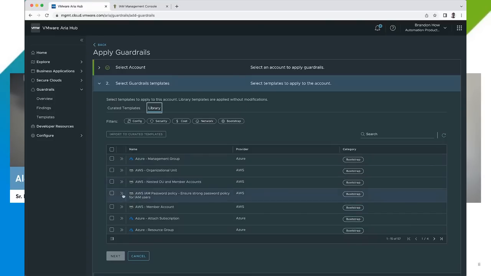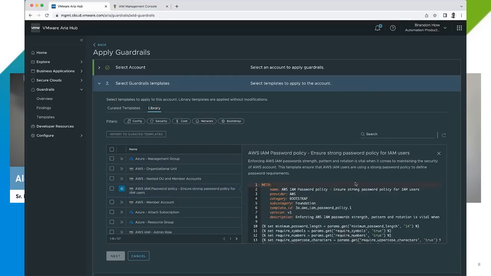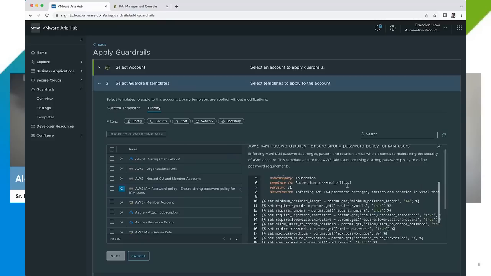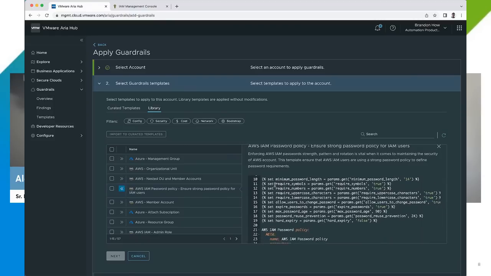And today I'm going to use this AWS IAM password policy. This ensures that all IAM users have a strong password. And what this means, as we look into the template, we can see this means that we can require symbols in the passwords, a minimum password length, numbers, uppercase and lowercase characters, as well as other configurations that IAM allows